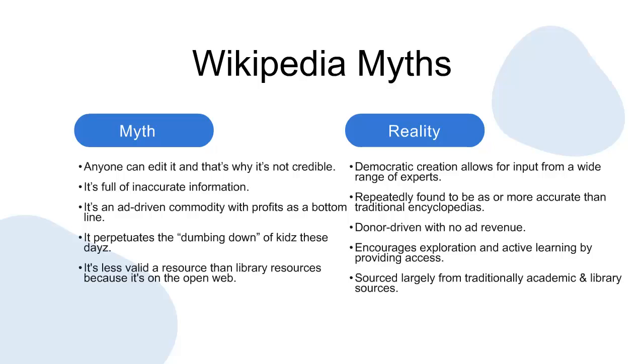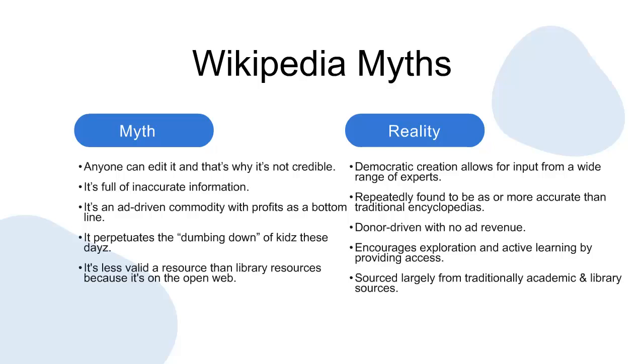The reality is that while anyone can edit Wikipedia, only a few do. Many of the Wikipedians are subject matter experts and provide checks, sources, and revisions to what's out there on the pages. This is why Wikipedia entries have been found to be accurate time and again. Sources that are used as references throughout are the same sources that you seek in your classroom. Library sources, those from academic journals and books.